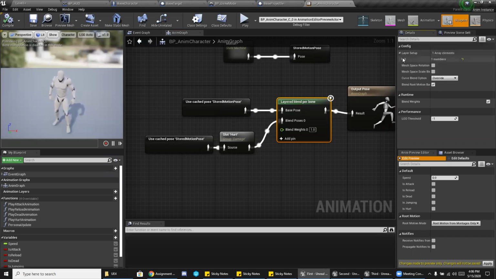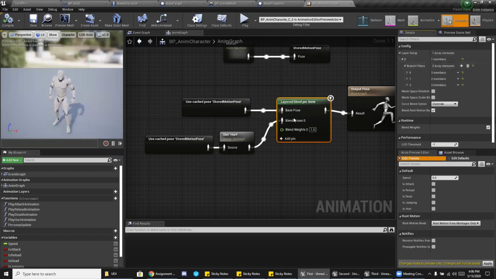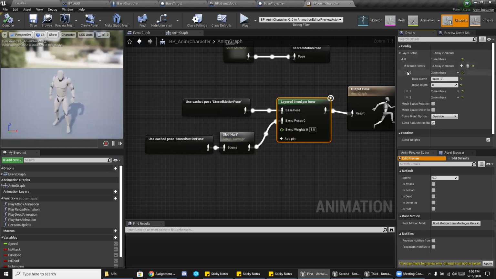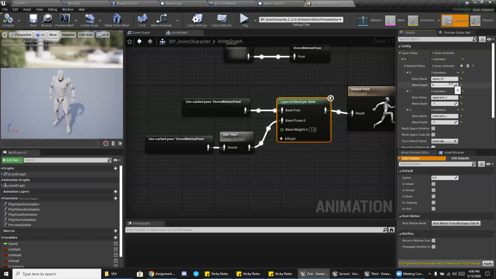The way we set this up, over on the right side with this node selected, we actually set up these things called branch filters. We set up specific bones for it to start blending. So from spine 0, 1, which is like right here and up, it will actually blend. We then cut it off at the upper arm L. So upper arm L is this shoulder bone right here, and lower arm R, which is pretty much the elbow over here. If we wanted to change this, we're saying -1 when we want to cut it off and stop